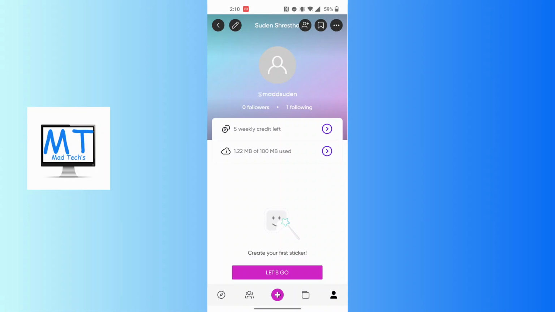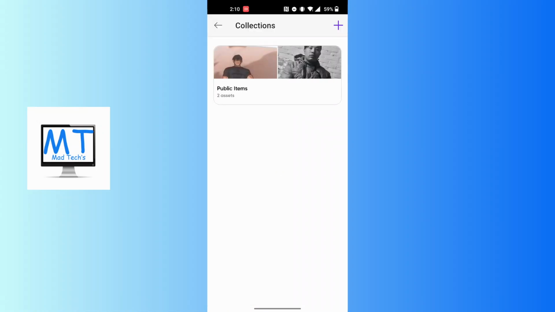And at the top right corner of the screen, you can see a bunch of icons or three buttons available for us. We'll be required to tap on the middle button at the top right corner of the screen, just between the person with the plus icon and the three dotted icon. Tap on the middle button over here, and that is the collection button, by which guys you land on this